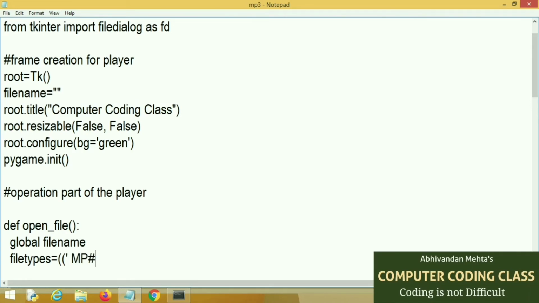So we will write here mp3 files start.mp3, and next is start.wave. Here Tkinter doesn't support any type of sound. If you want to add sound, then you will have to install Pygame and use Pygame mixer music.